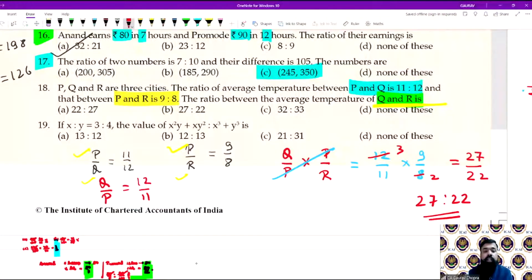Now you can try the remaining questions, and in case of any doubt, we will be discussing in our next session. The next session will be on 24th and the topic will be proportion. We will also be discussing some more tricks, like how to calculate cube root. Today we have learned about cubes, power 4, power 5 on calculator. In the next session, we will be learning about cube roots, fourth roots, fifth roots. All these we will be discussing in the next session.